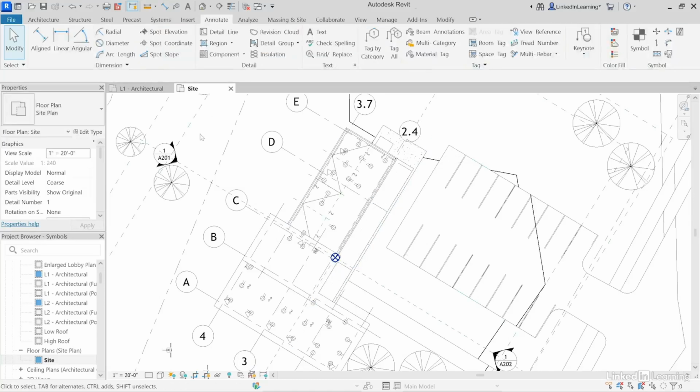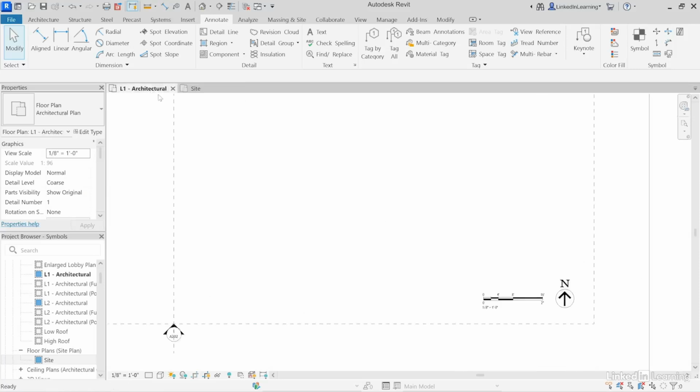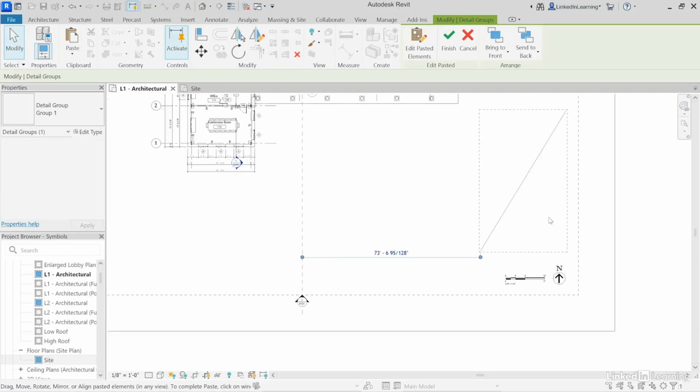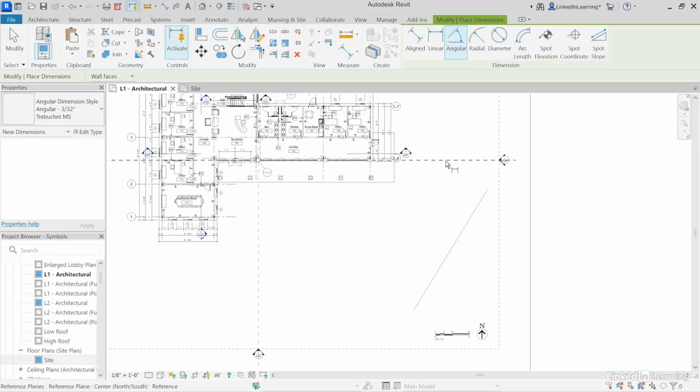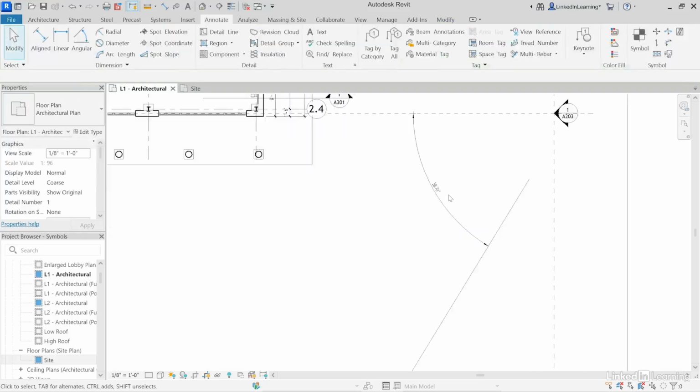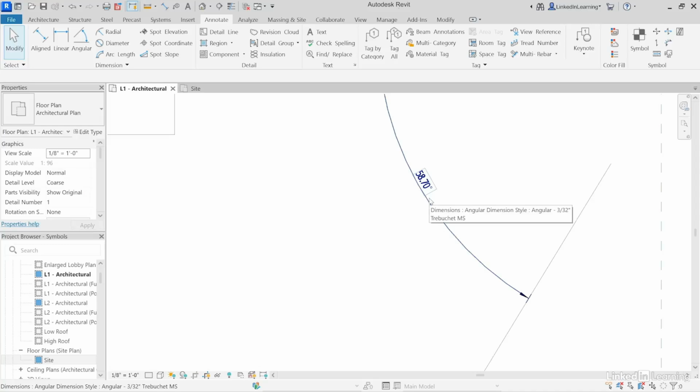I don't want it in the site plan here. I'll go back to the architectural floor plan here, and I'll just do Control V to paste that into the view. You can place it anywhere that you like, and then just click anywhere to accept that. Now we're going to use the angular dimension tool to measure the angle from this horizontal reference plane to that diagonal line. Click somewhere to place it, zoom in,